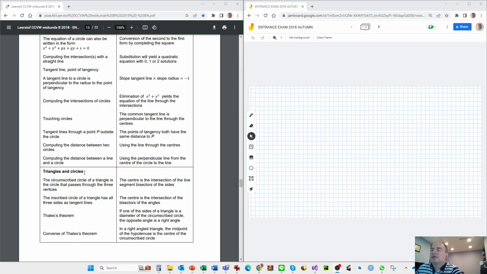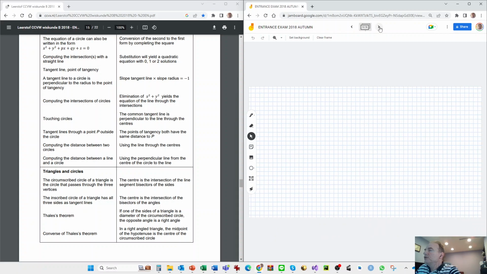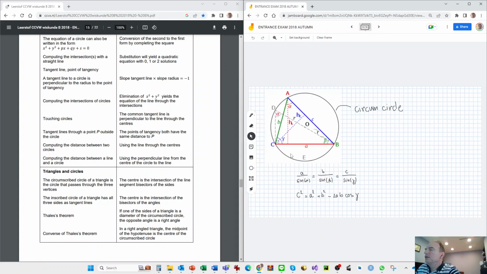Triangles and circles. So a circumscribed circle of a triangle is a circle that passes through the 3 vertices, and the center of that circle is the intersection of the line segment bisectors of the sides. So let's go back to, we saw that a little bit before when going through the sine law. Here it is. So this is the circumscribed circle, also called circumcircle, and the line segment bisectors